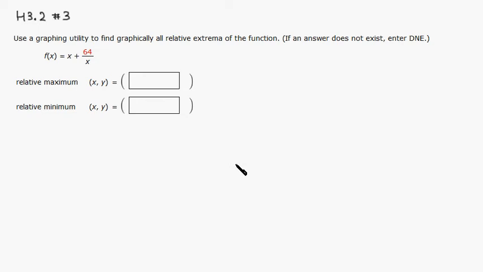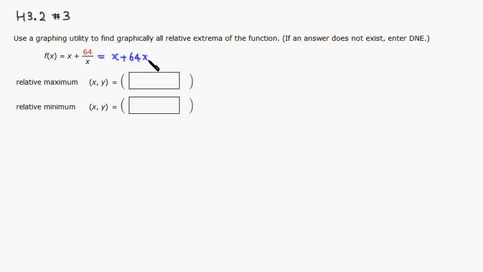Okay, let's go over homework 3.2, number 3. So what we're going to do is try to find all local maximum and local minimum. So first we try to look for the critical number. Alright, let's do that. Before we take the derivative, I would probably rewrite this function as x plus 64